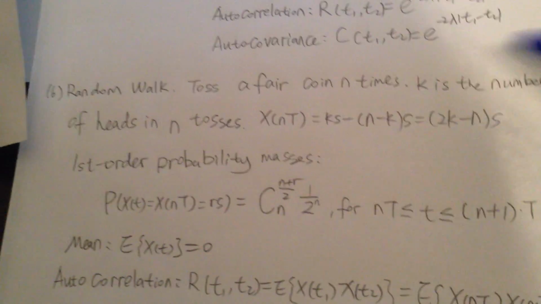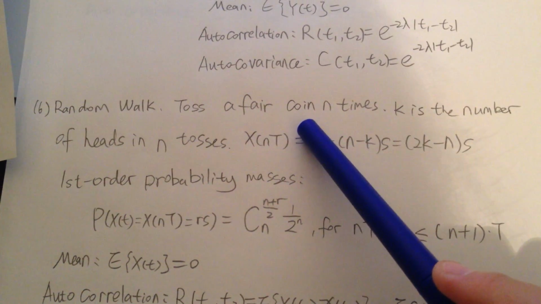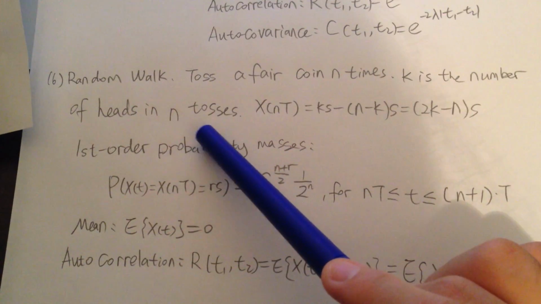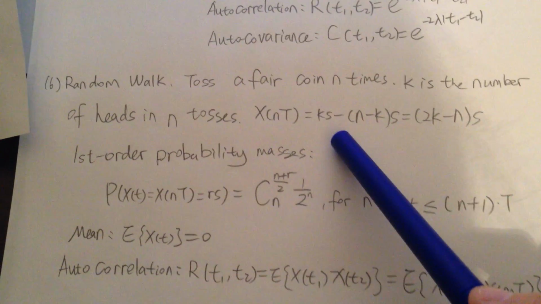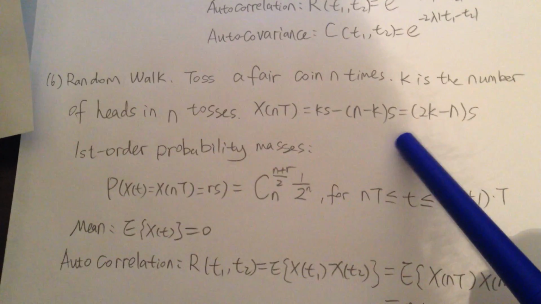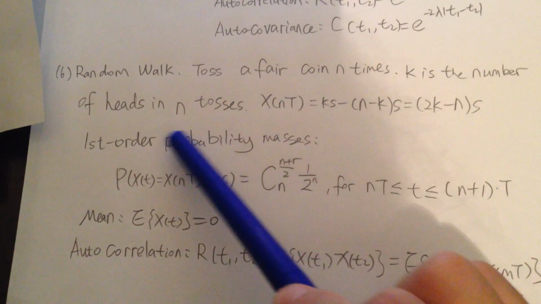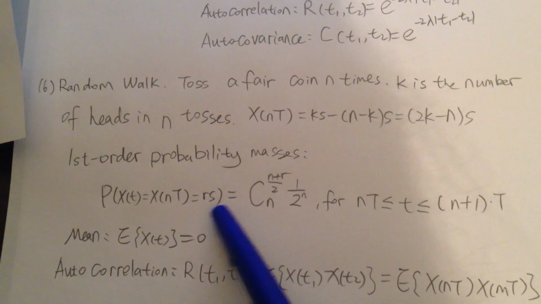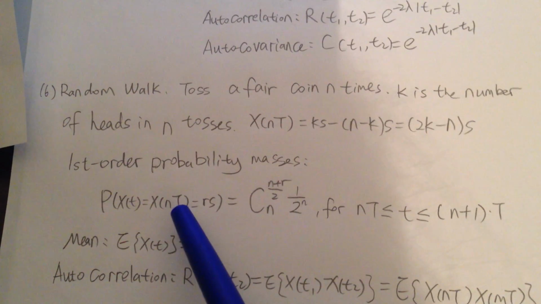So for the sixth process, we need to look at the random walk. If we toss a fair coin n times, k is the number of heads in n tosses. X(nT) equals k times s minus (n minus k) times s, which equals (2k minus n) times s. The first order probability of it is the probability of X(t) equals X(nT)